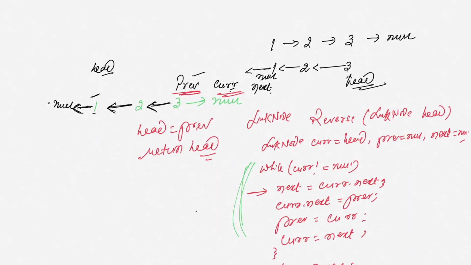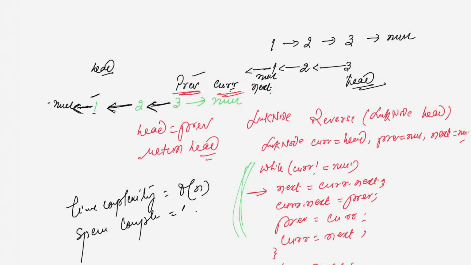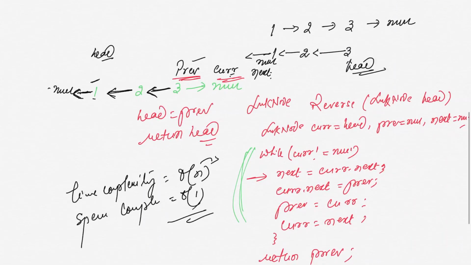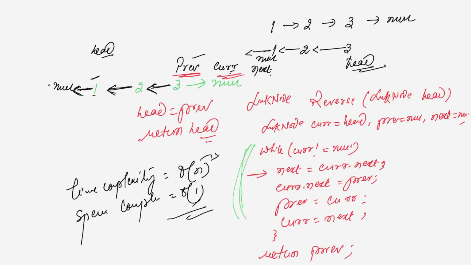If you look at the complexity, the time is going to be O of n, and for the space, we are not using any extra space, so it's going to be constant, where n is the length of the linked list. The solution is pretty simple, but we need to track the next node before doing any operation on the current node, and this order we need to maintain.